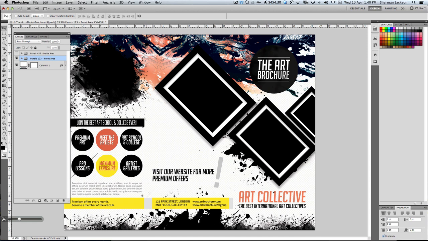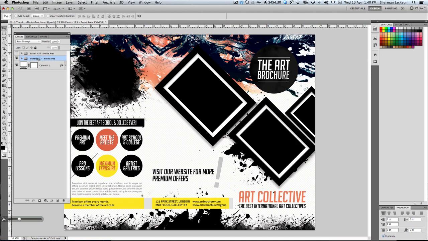Now, the photos aren't included. You would need to download or take your own photographs, which in most cases is going to happen that way. I mean, you're going to be taking your own photographs and adding them to this brochure. So without further ado, let's get started and let me explain how you'd be able to modify and add photos